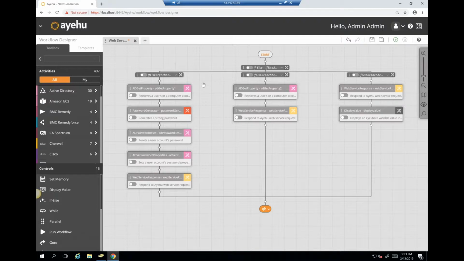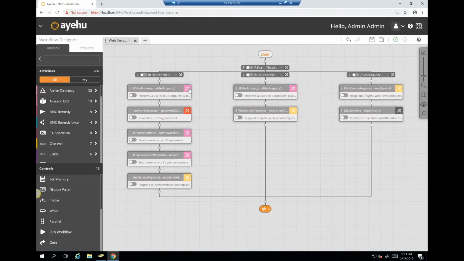And also the workflow I want to focus on is the one on your left-hand side. So the reset password workflow included a few steps, as I mentioned earlier, that for an IT engineer, they will have to be taken manually if they had to do it on their own. But when you automate this process, these few steps are all orchestrated by Ayehu. So starting with fetching the user information up here, then generating the password according to the password policy of the company. We're then resetting the password on Active Directory again and setting the new password in. Eventually, Ayehu will respond back to the web server, through the web service to the chatbot, and provide us with